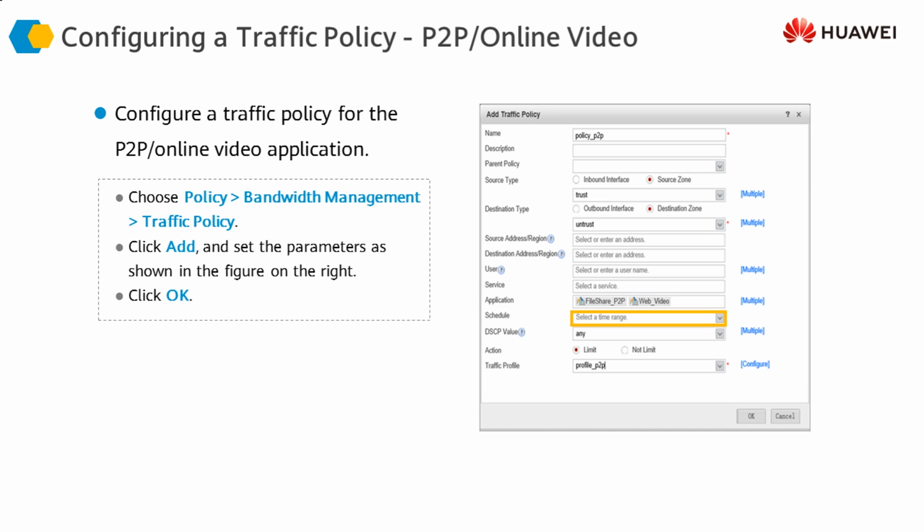And this is the schedule here. We've not selected it here, but we could select the work time schedule which we defined a couple of slides earlier. We can call the schedule here, which means that this policy is going to be in action only during this schedule that we have defined, the work time schedule. So this is how we implement the policy and call the profile within the policy.